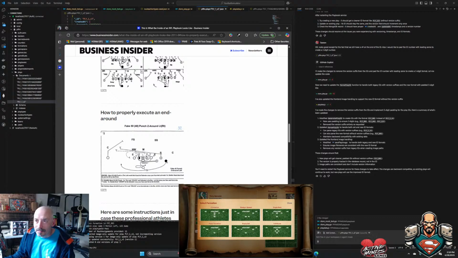And this guy runs. Wait, the center's going to block this dude. This guy's going to run all the way over there. Whoa. Whoa. That'd be hard to execute on my